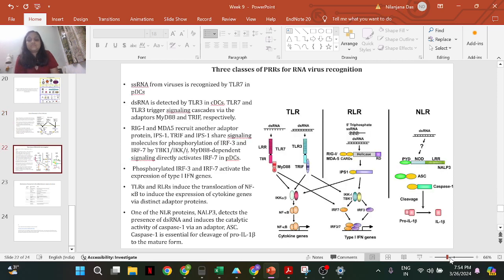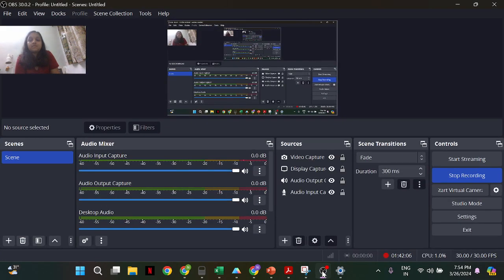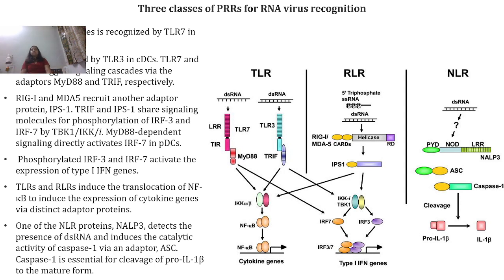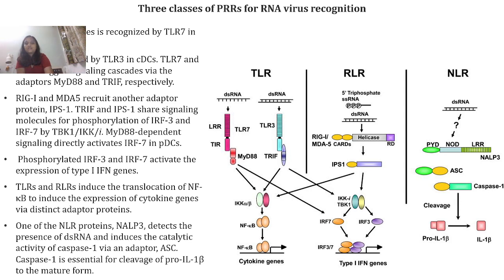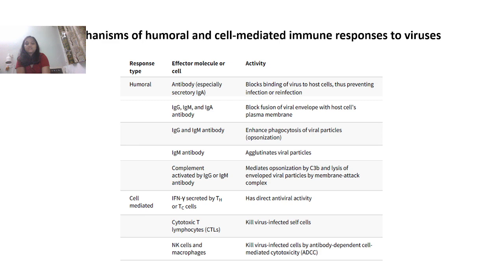So, this is a different pathway. This is just a short representation of all the TLR, RLR pathway. But there are other molecules in all the three pathways which can activate other pathways as well. So this is the innate immune response for virus recognition. Apart from this, also many molecules are there which can actually help in the recognition of this virus and activate different signaling pathway. But I will talk about it in the next class.